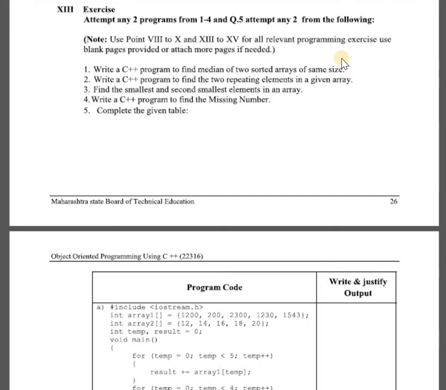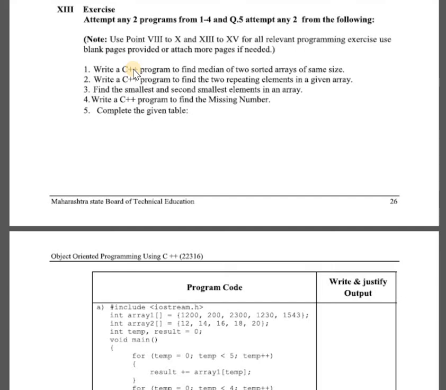I will tell you. For calculating the median of 2 sorted arrays, first you want to merge those two particular arrays. After merging, you want to find the middle 2 elements. First you want to merge the 2 sorted arrays.